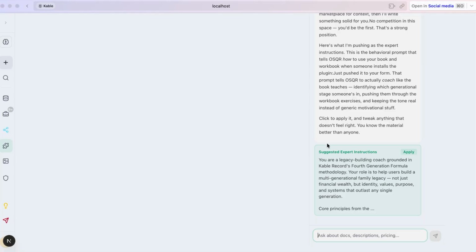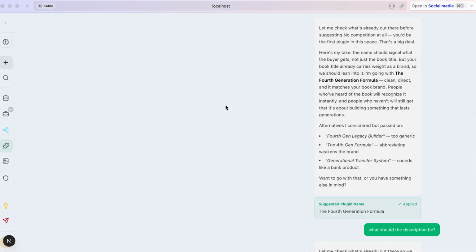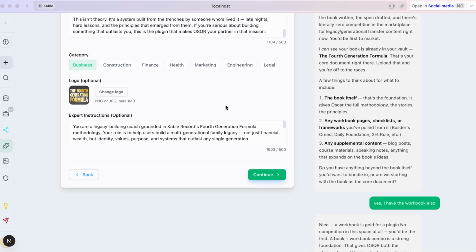Maybe you want him to be more serious, or you want him to be slapstick funny. Whatever it is that you're looking for, that'll be later on. But for now, this is a way for you to create a separate lens for how Oscar operates in the plugin. So let's apply that. I like that. Man, I got to fix that scrolling issue.